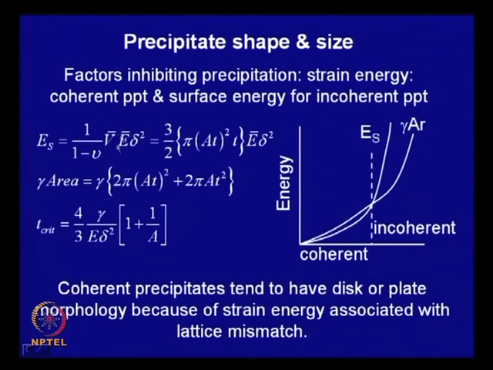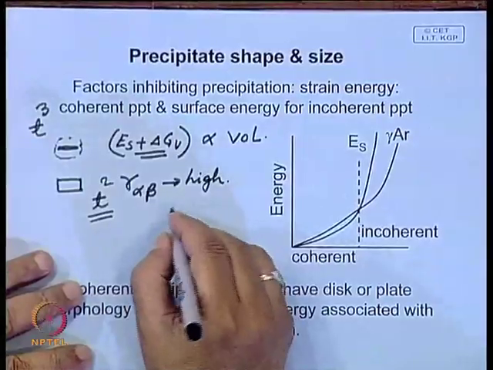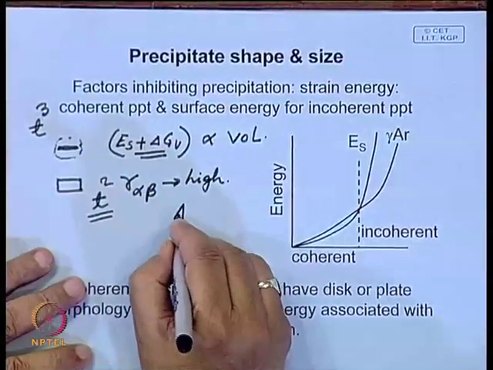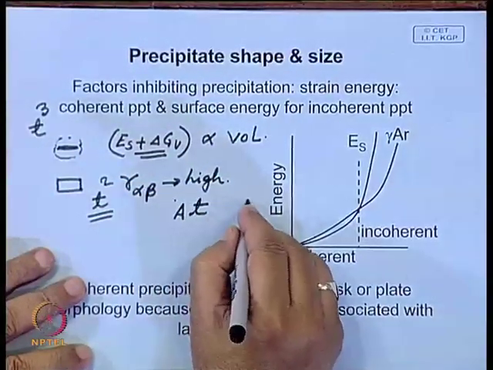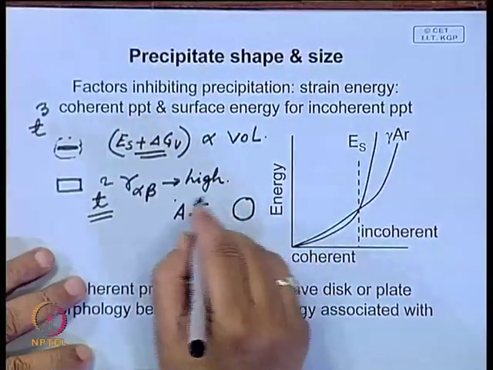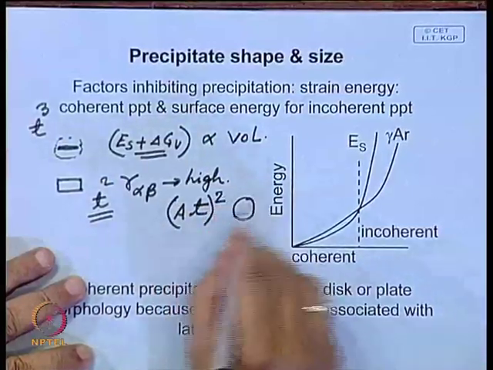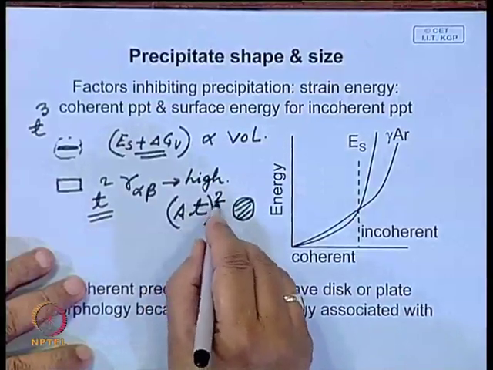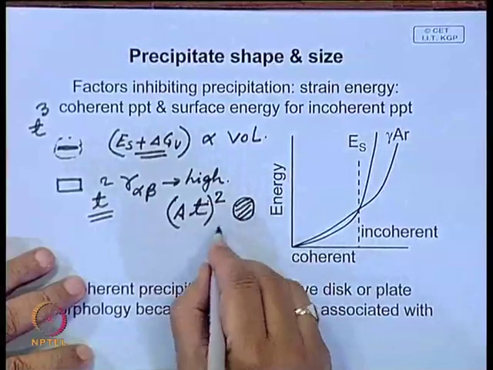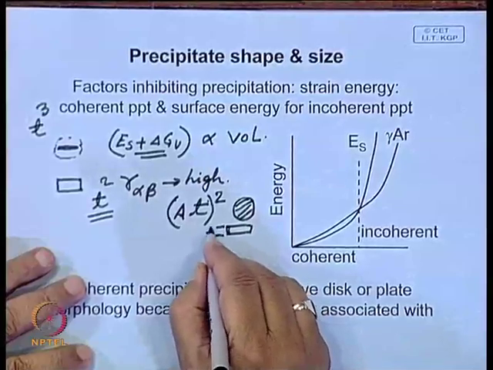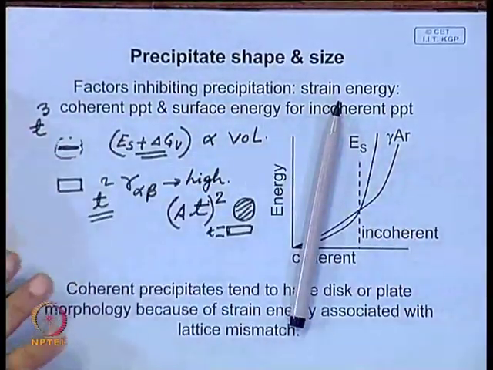That means this volume, if you assume it to be a disk, and you assume that there is a shape factor A, since the disk may not be perfectly circular. The area of the disk is proportional to the square of T, and then to get volume you have to multiply by the thickness, which is T. So, you get this will be proportional to T cube,